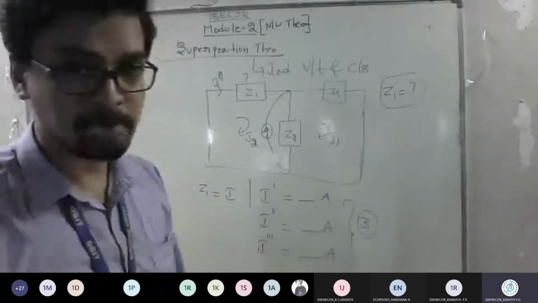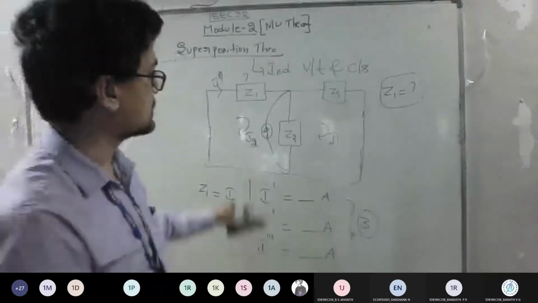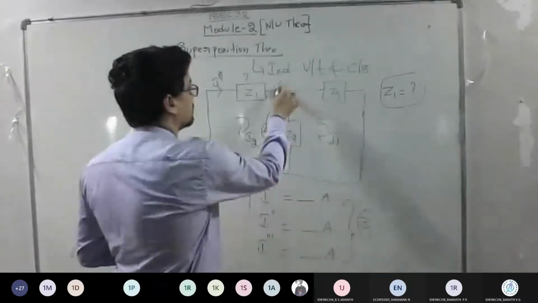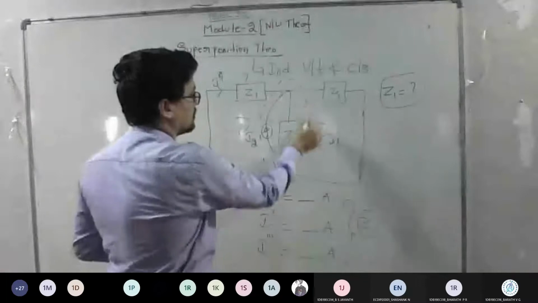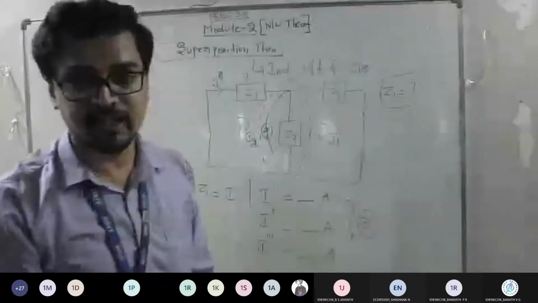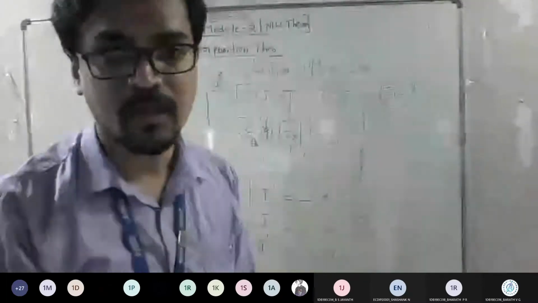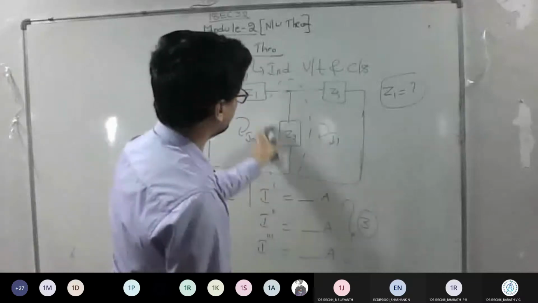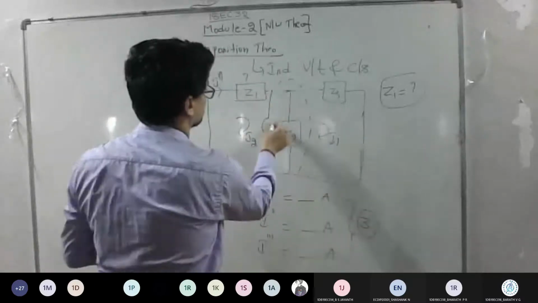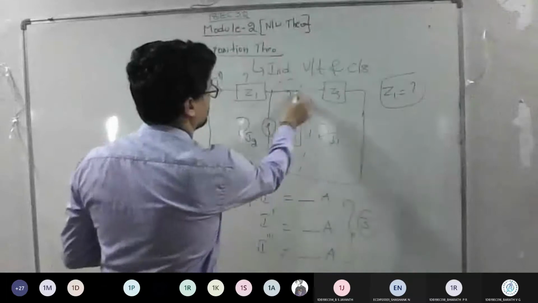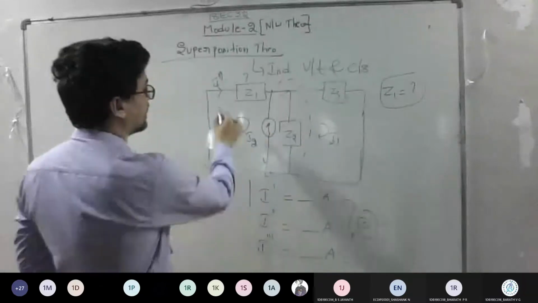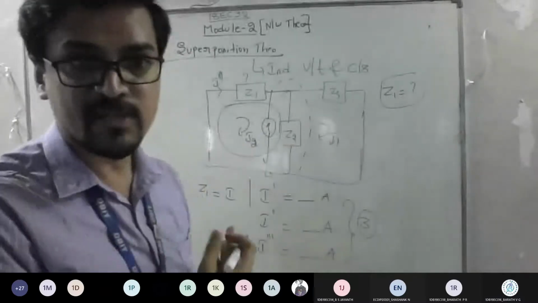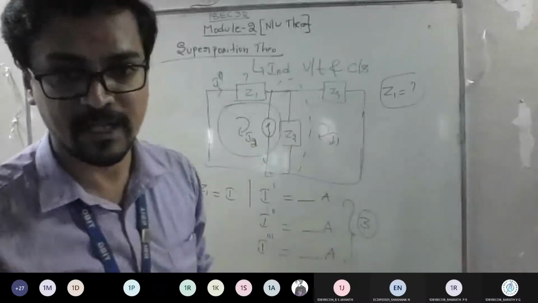Sir, how will we calculate I triple dash? See, this looks like mesh 1, mesh 2, mesh 3. For the center one, you can apply your source transformation technique, or you can apply it as it is. It is like mesh 3, right? I can write it this way also. Yes, sir. It acts like a super mesh now. So you can apply super mesh logic and get the answer of I2.